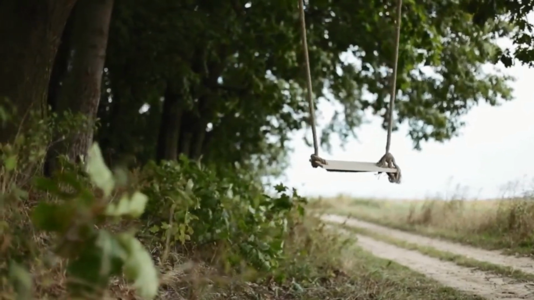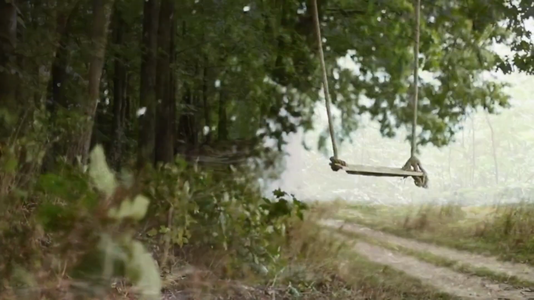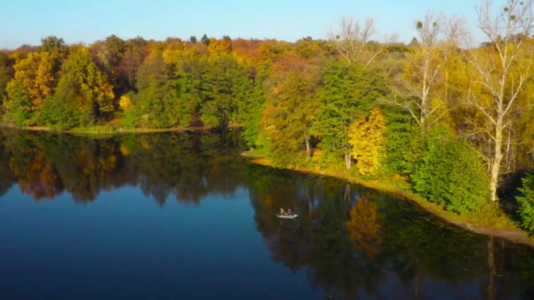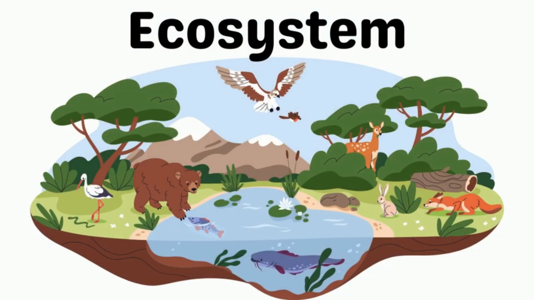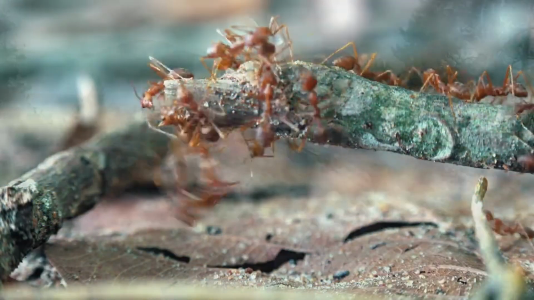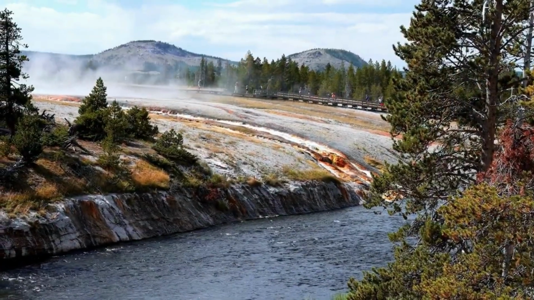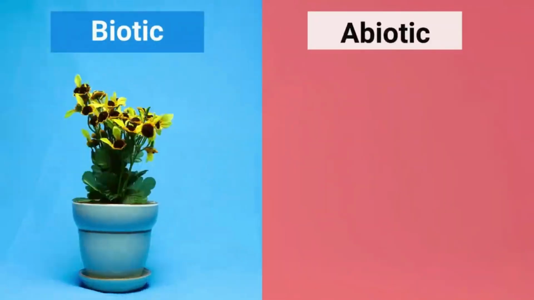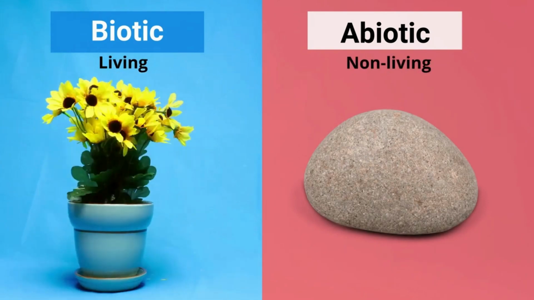Take a look at your backyard. Depending on where you live, you may be staring into a forest, a desert, a grassland, or a freshwater ecosystem. Ecosystems comprise living organisms in their physical environments. Ecosystems can be quite small, such as a log that serves as a home for a family of ants, or they can be large, such as Yellowstone National Park. All ecosystems, however, are marked by the presence of biotic and abiotic, or living and non-living factors.